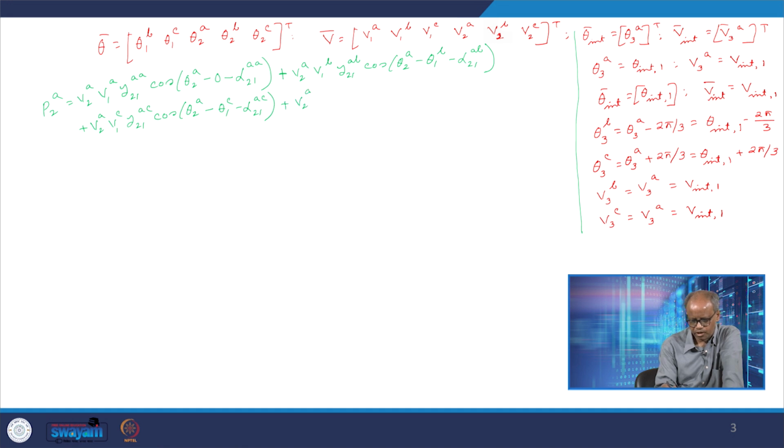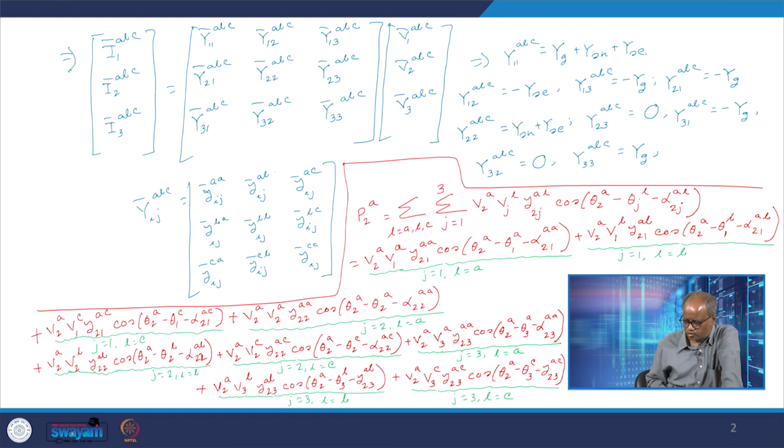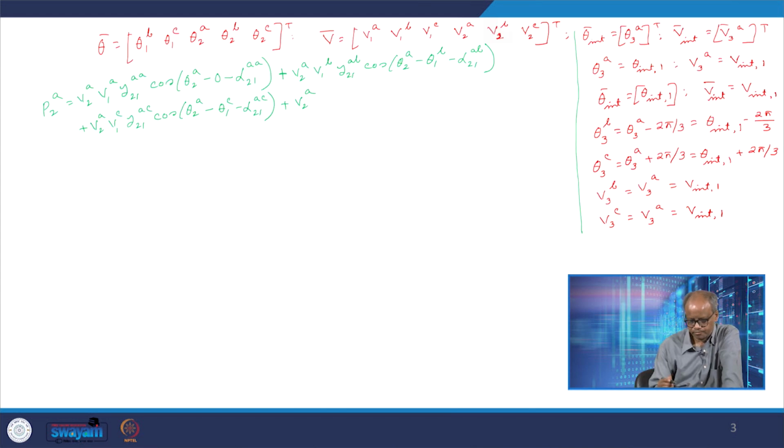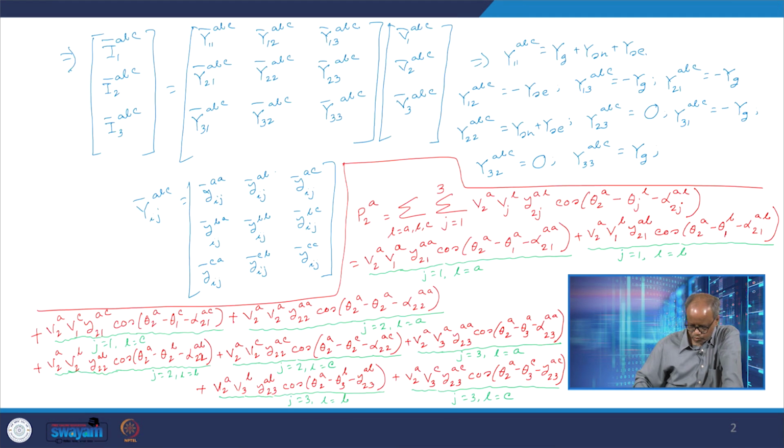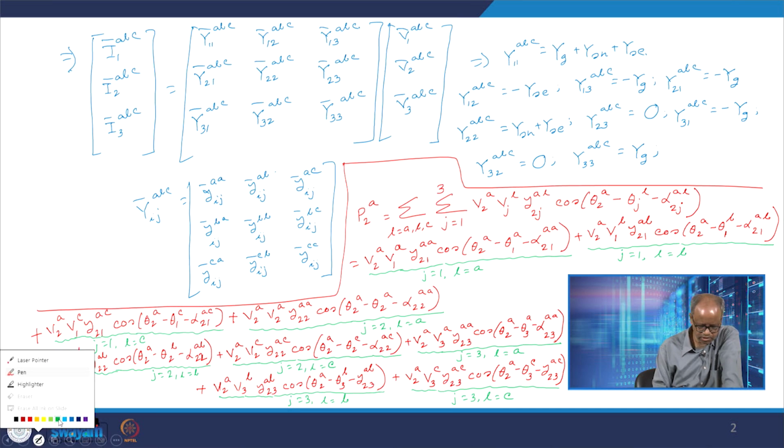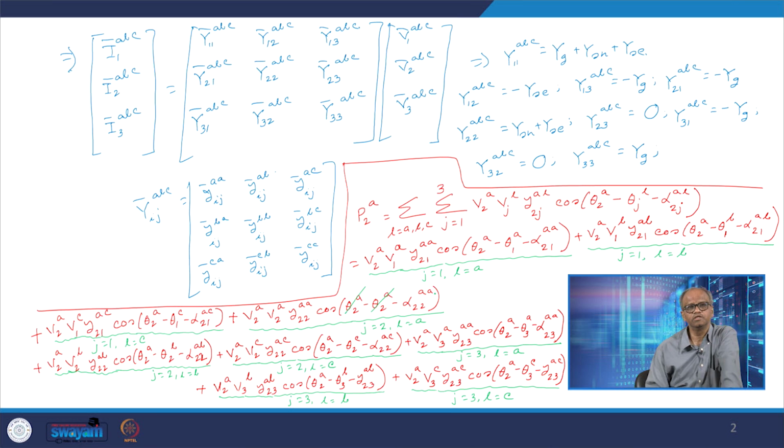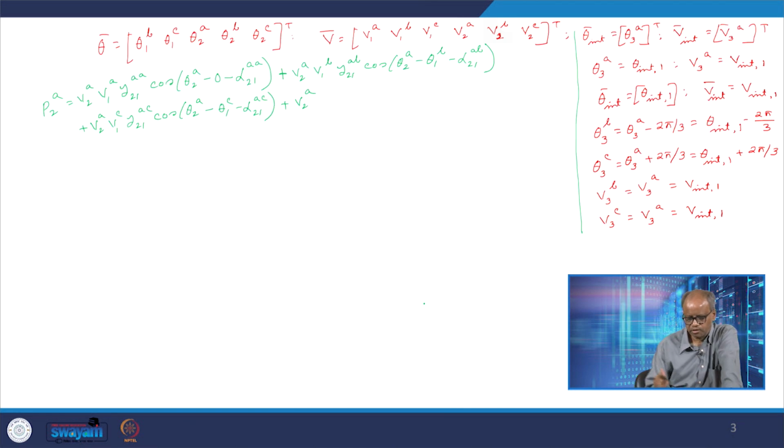Plus, then I have J equal to 2, L equal to A. So, V2A whole square Y22AA cos theta 2A. Here you see, when J is equal to 2 and L is equal to A, the theta terms will cancel out, and cos of minus alpha 2A is actually cos alpha 2A. So, I can say that it is V2A whole square into G22AA, right, plus